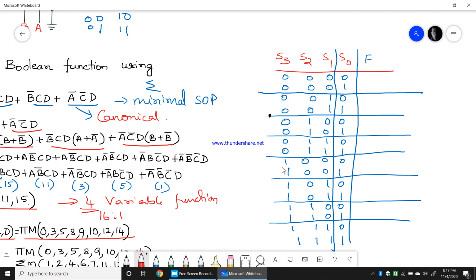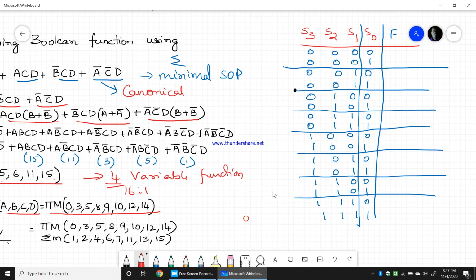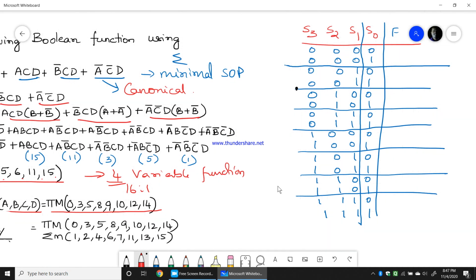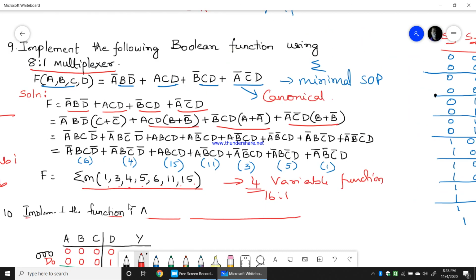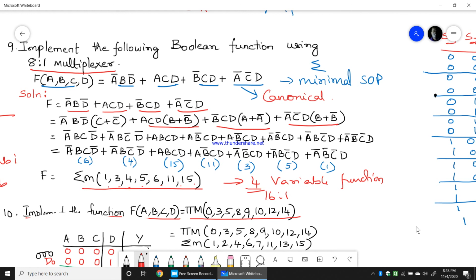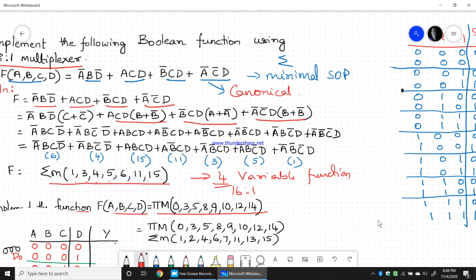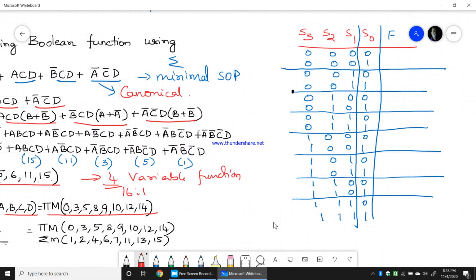So now we will see what minterms are given in this bracket. Minterms are 1, 3, 4, 5, 6, 11, 15.